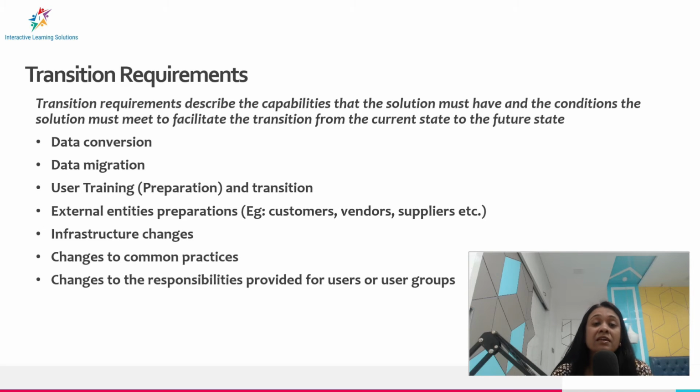In the next couple of meetings, I was able to define a list of business rules for the data migration and data conversion activity. Now, once these business rules were ready, it gave complete clarity to my technical team about how the migration should work. So, my technical team wrote a migration script which ran in the background, which would pick up data record by record, analyze the quality of the data, and then take a decision whether to exclude it from the migration or modify it and include it in the migration. So this is an example of transition requirement.